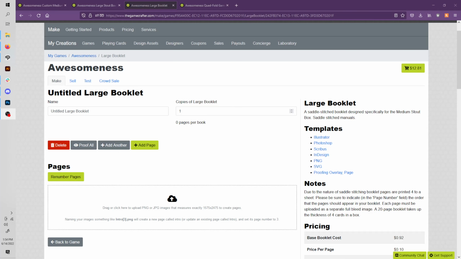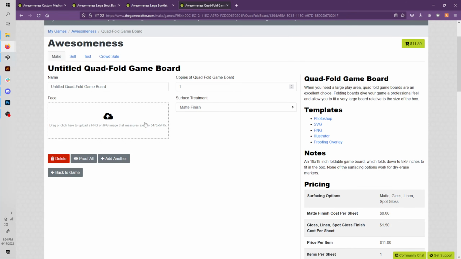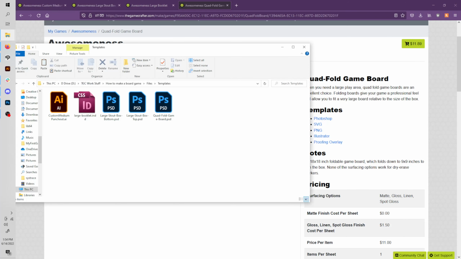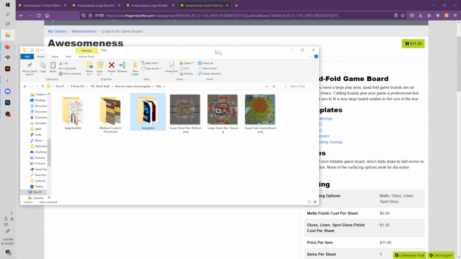You can see in each of these pages that the upload boxes have a specific pixel size. These are the exact sizes on the templates. If you don't use the templates, your files won't match that pixel size or our proofing system, and the system will not let you upload. You need to make sure you use our templates so your files print perfectly. I went ahead and made all of my files using our templates,